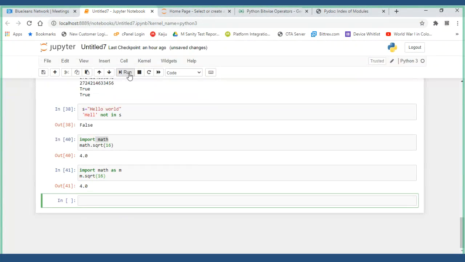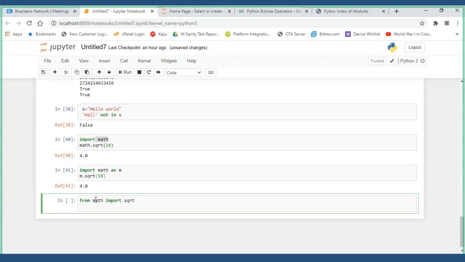And there is one more way, where you can say from math import sqrt. Okay, I think that is correct. And then you can use sqrt of 4.